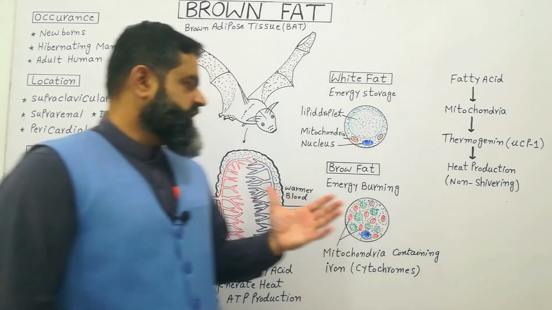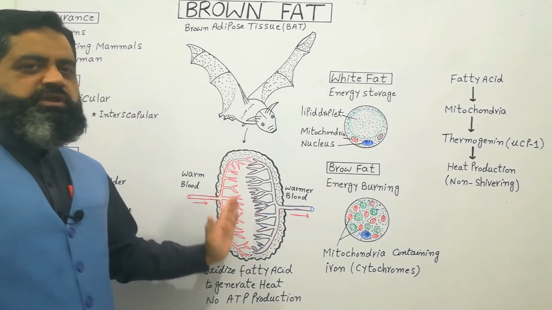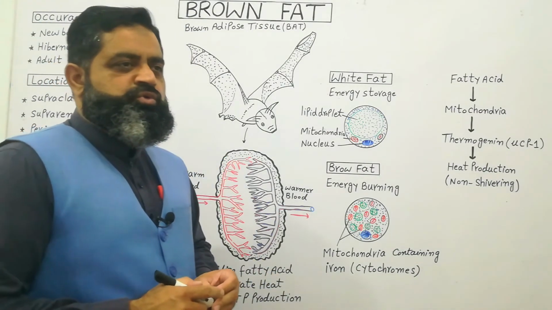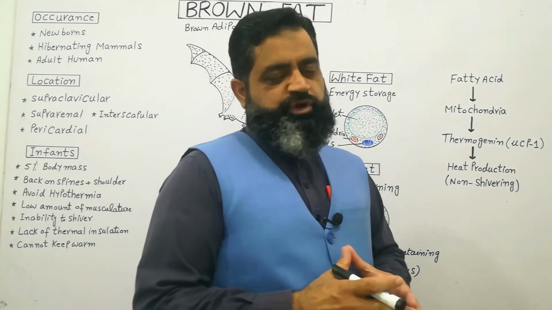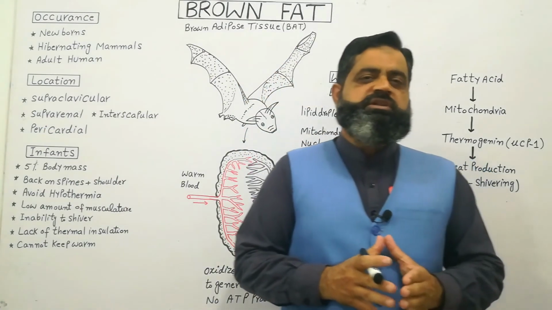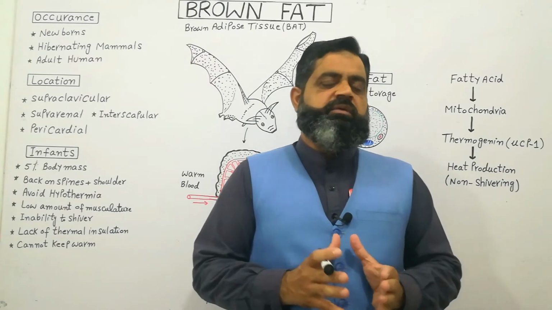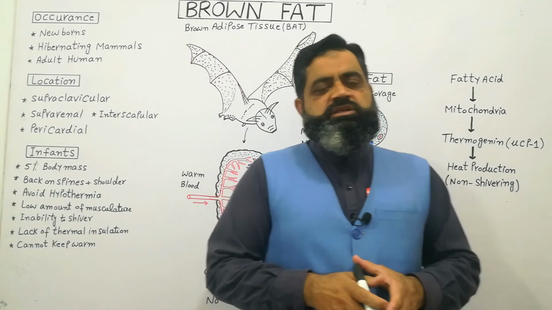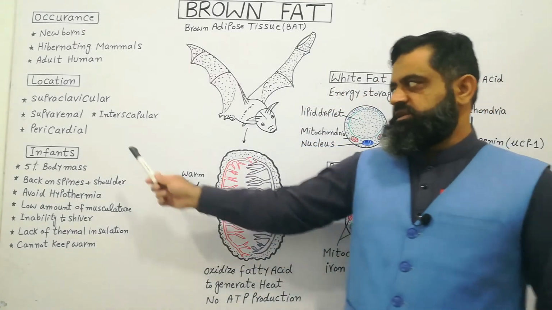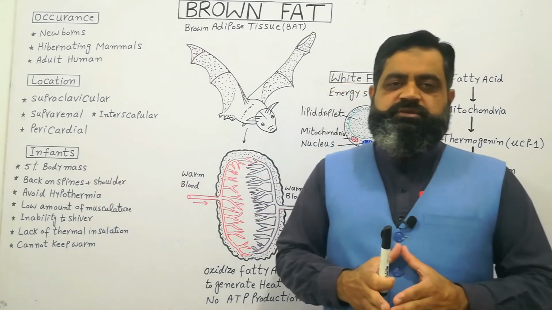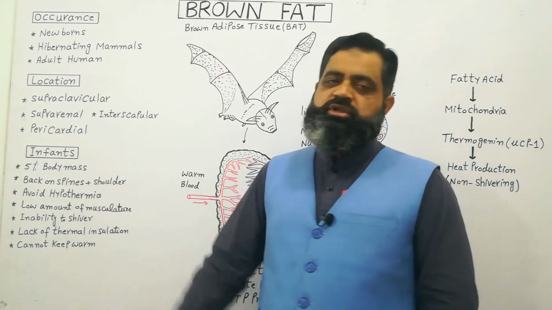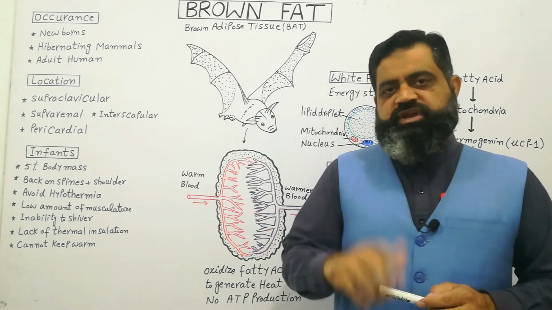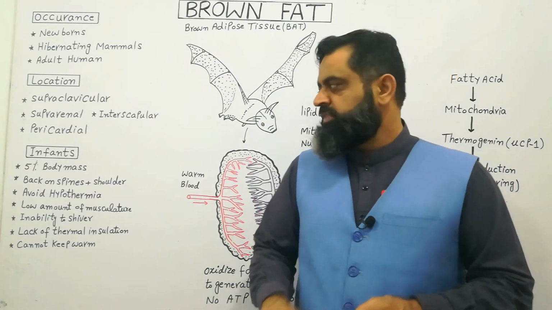When heat is generated inside the brown fat, the blood coming into the brown fat gets warmer and is then transported to the body to maintain the core temperature of the body. In this way, mammals living in cold temperatures and hibernating mammals can keep their bodies warm all the time. This mechanism is especially useful for infants. As you know, infants are newborn babies and their body contains 5% of body mass as brown fat. They have a large amount of brown fat to keep their body warm.